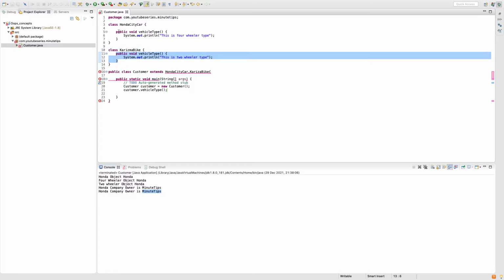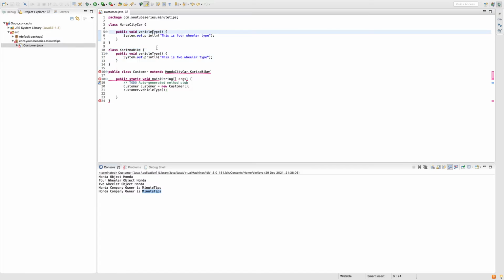The method name is also the same, vehicle type, though the content is different. Here we are stating four-wheeler and two-wheeler, but the name of the method is the same. At runtime, Java gets confused that this method belongs to both the classes and which one should it call.